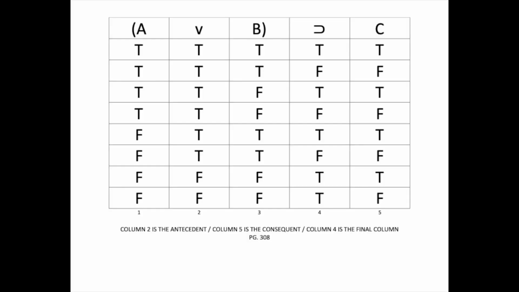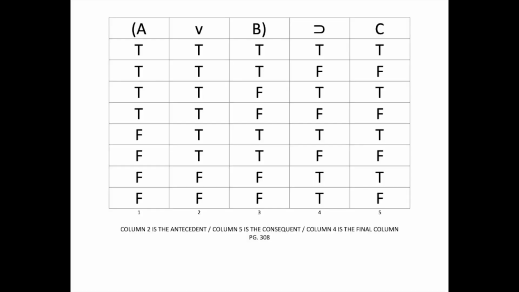So far we've gone over an example with 1 variable, we've gone over an example with 2 variables, and next we would go over an example with 3 variables, and what you would have there is 8 rows. Every time you have a formula with 3 variables, you have 8 rows, okay? No matter how many columns, you're obviously at least going to have 3 columns. Let's say for a formula you had 3 variables, A, B, and C,